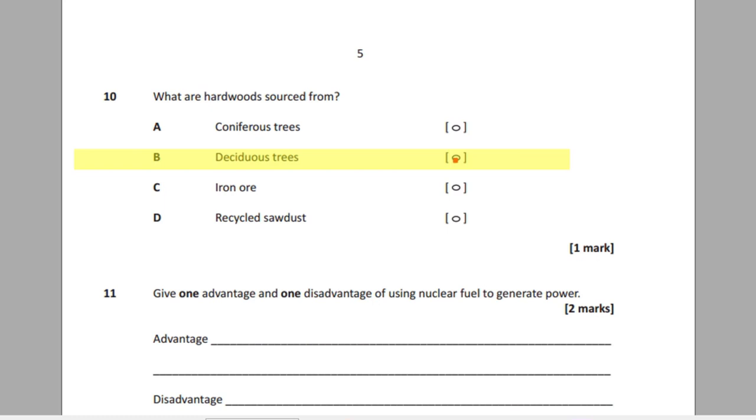Iron ore: an ore is the source where you find a particular metal. So iron ore is the rock that contains iron. There are other types of ores as well, like bauxite and malachite, and they contain other types of metals that can be mined from the earth. Recycled sawdust just refers to the fine dust that you see when we work in the workshop, for example, to produce our products or to make things out of pine. That sawdust then can be recycled and used for other things. So the answer is definitely not D.